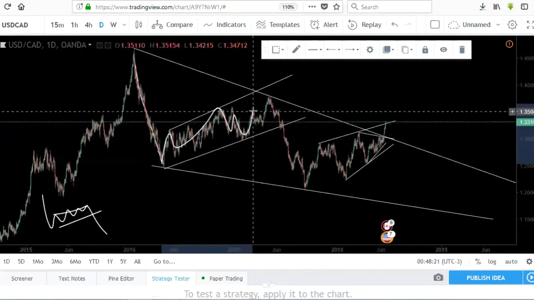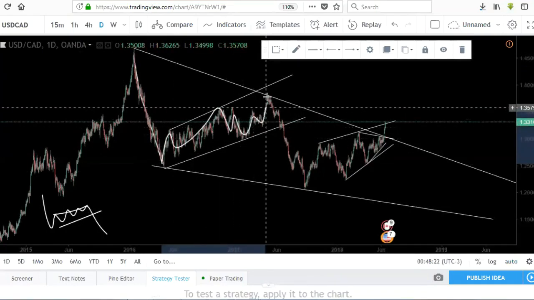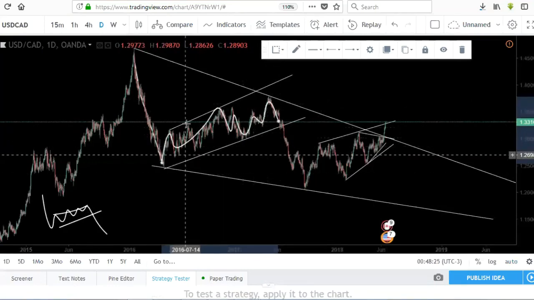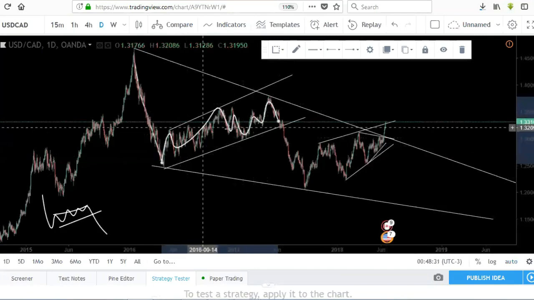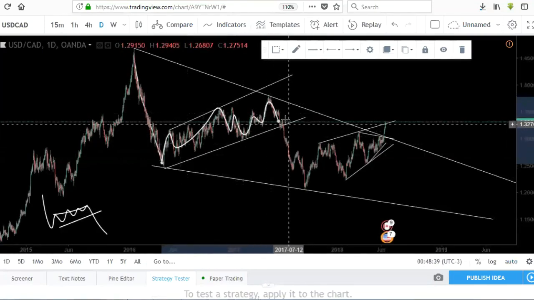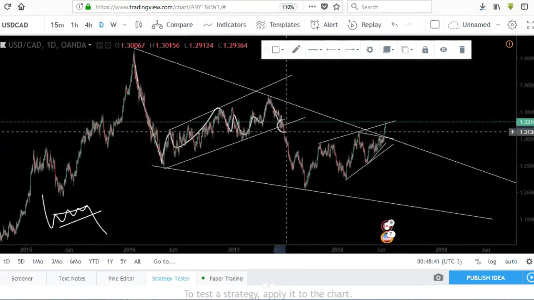Now with this correction, we look at what type of pattern is being formed here, and then we draw the pattern. In this case, this was a flag, not just a flag but a bear flag, meaning that it breaks to the downside. So we know what steps to take next, and as soon as this move presented itself,